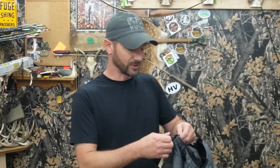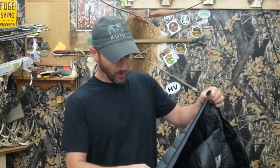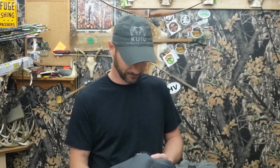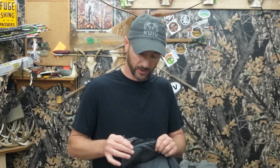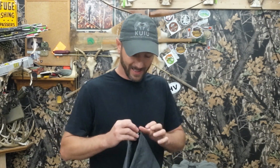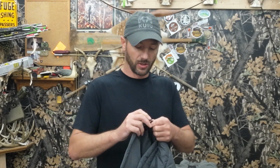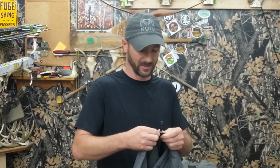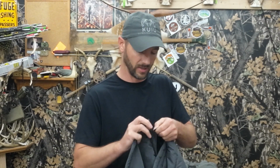First up is this Super Down LT. Whether it's lighter or heavier than the previous version, I'm not going to be able to tell that right now anyways. But what I will tell you is the size. Now, KUIU's kind of known for having some pretty wacky sizes. This zipper isn't exactly my favorite, but